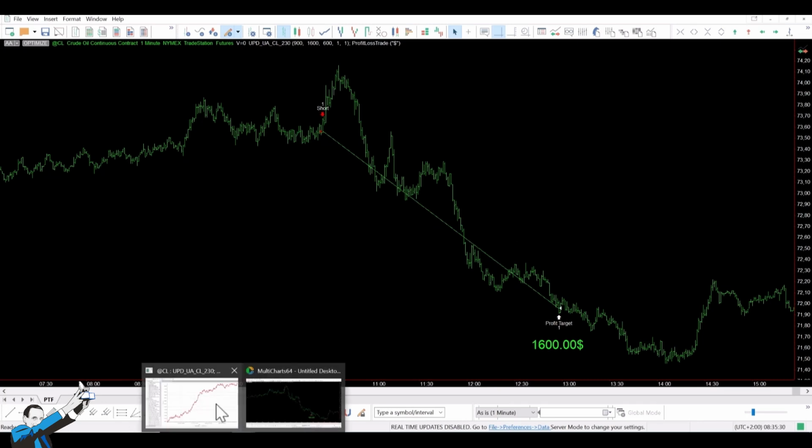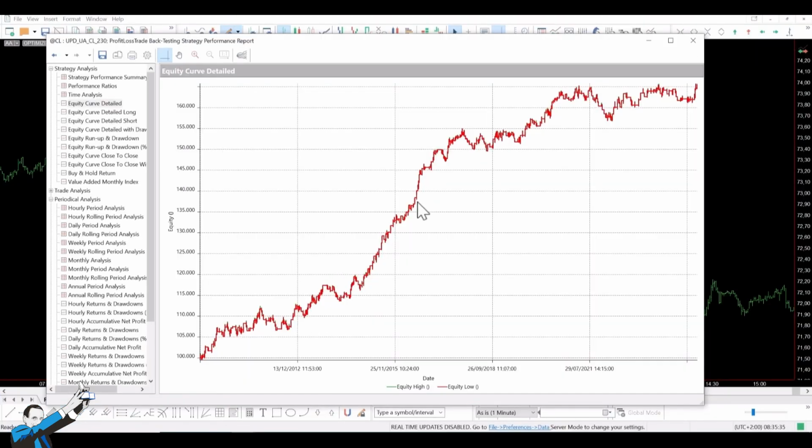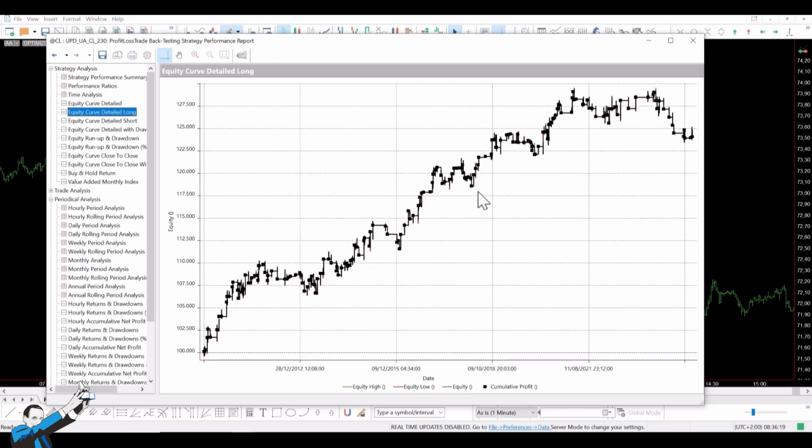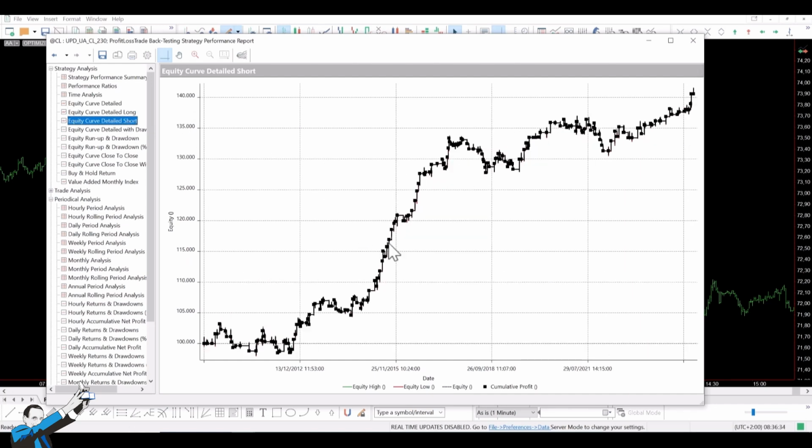Here, the equity curve for the strategy with out-of-sample data starting in 2018, around here. You can see that while performance declined in the out-of-sample period, the system has continued to perform well thanks to its simplicity. The long trades in particular have performed very well. Only recently have we seen signs of weakness, but of course, every strategy will have its losing phases. Looking at the short trades, performance has also been strong, but more recently, we've seen the opposite trend. Short trades have generated solid profits lately, as shown by this equity curve.